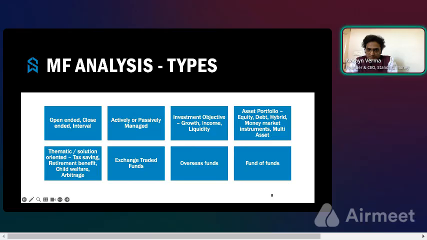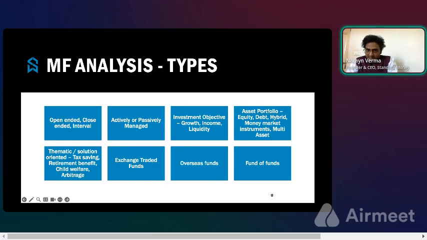And these funds will have multiple different types of assets within their portfolio. And then there are thematic and solution oriented funds like tax saving, retirement, child welfare, arbitrage. There are n number of categories and they can be created. There are value funds, there are contra funds, there is financial services fund,